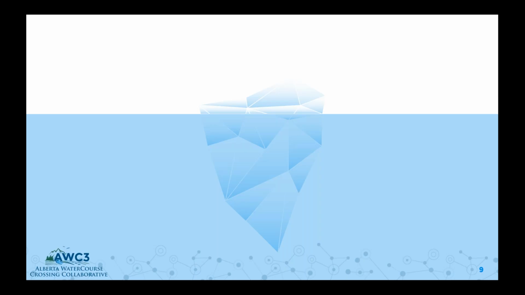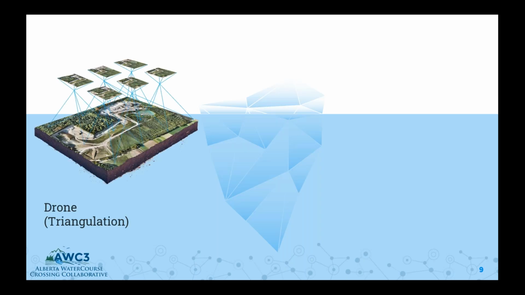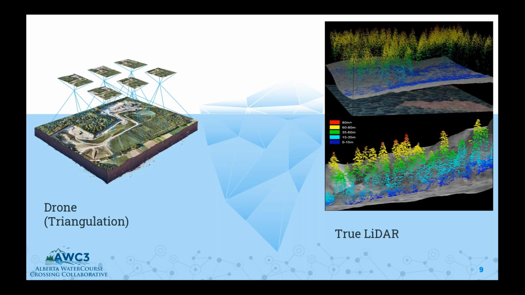last Thursday, Ian Sharp talked about drones and point cloud generation using the photo triangulation method in an AWC3 webinar. The XYZ data or the point cloud data generated from that method looks similar to the one generated by a true LiDAR. But there are some subtle differences. The main difference is the terrain modeling under the vegetation. That is not possible through photo triangulation. The differences are more apparent on a project by project or case by case basis, as well as the type of sensor used on both types of platforms.